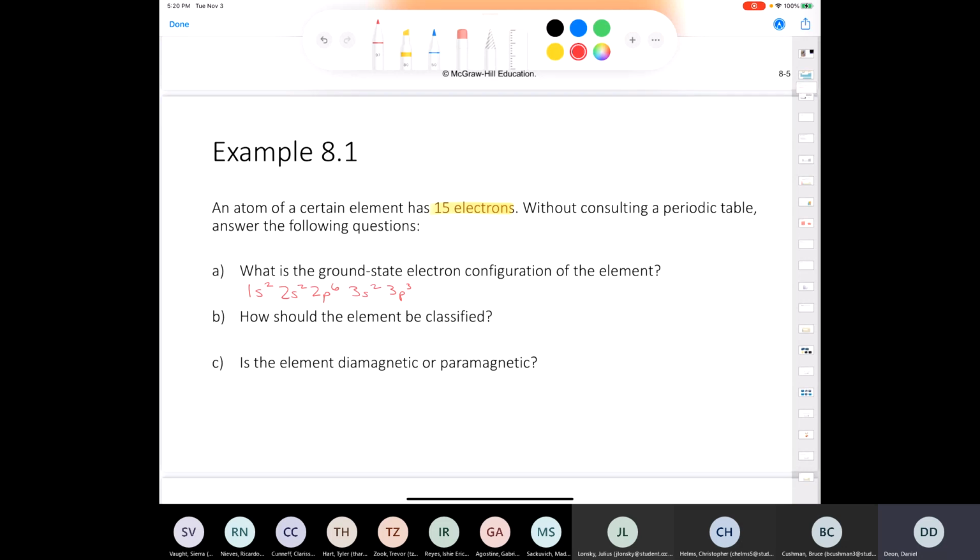It says here, how should this element be classified? Well, without consulting a periodic table, you know that the last electron is put in a p orbital, right? And if it's in a p orbital, remember that the s and the p orbitals hold the valence electrons for the representative elements, and so this element would be a representative element. So representative,